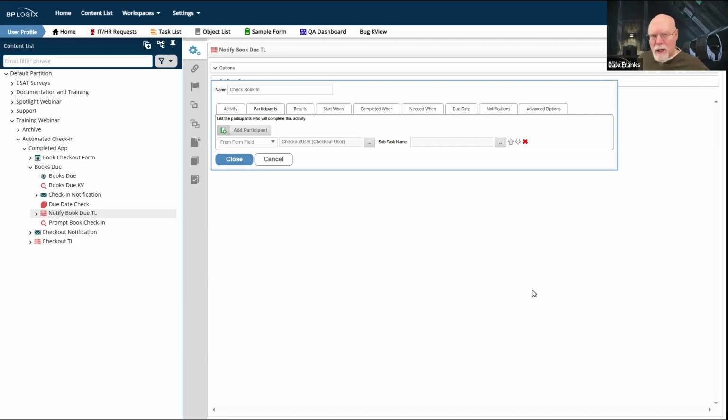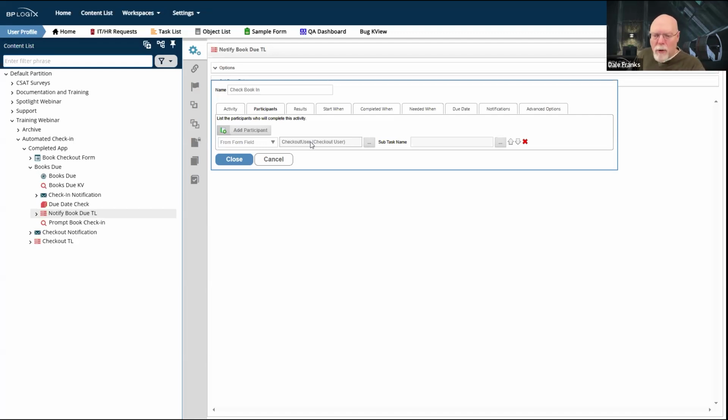It always has to go to the person who was listed as the checkout user. So in this case, we're going to use the from form field participant, and we're going to use that checkout user field. That's why it's a user picker on the form. So we always know who the user is, and it will just find that user and assign this check book in task to that user.